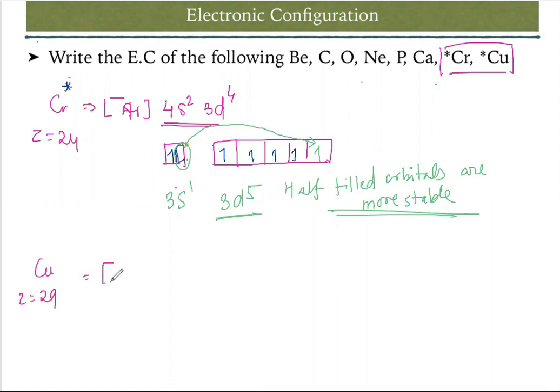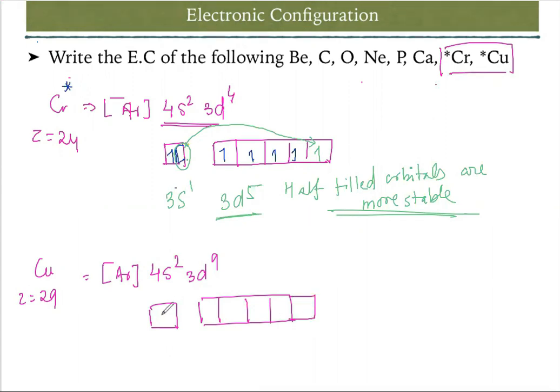What is the electronic configuration? Again, the nearest noble gas is argon. After argon, 4s2, 3d9. Now what is the exception? Now the exception is 4s is a 2 electron system, and 3d means 9 electrons we have to draw. So 4s, 2 electrons is done. Here 9. 1, 2, 3. So here the concept says that 1 electron from 4s is going to jump to the 3d.